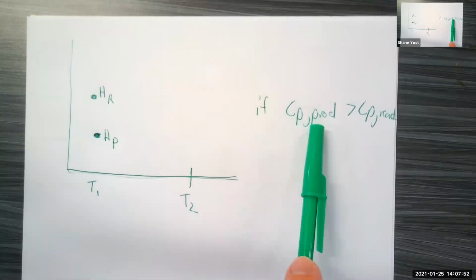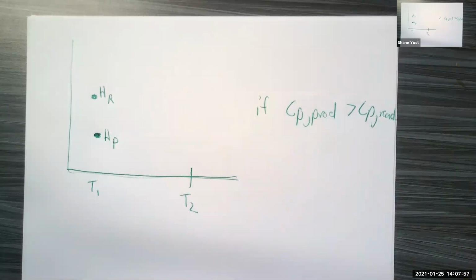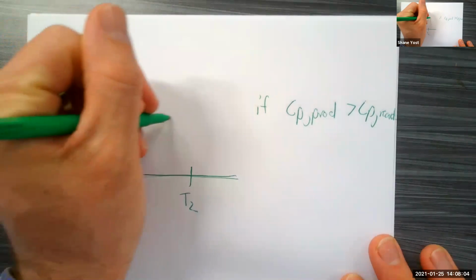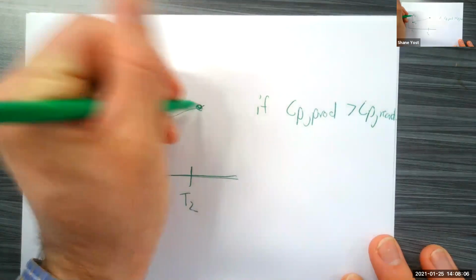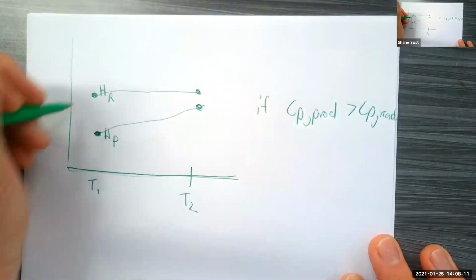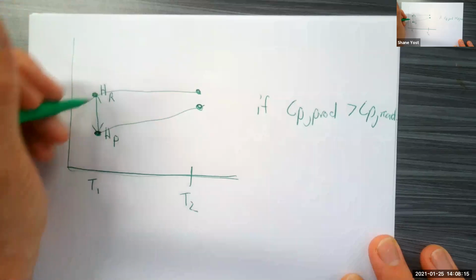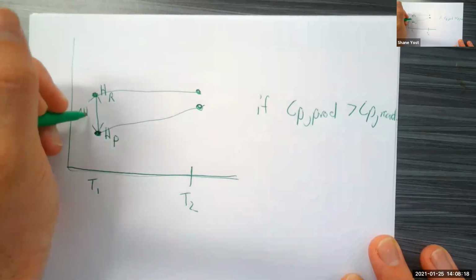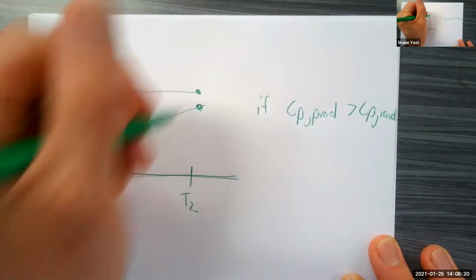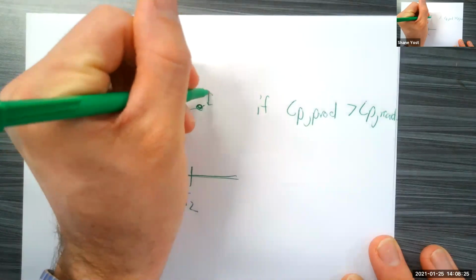Well, Cp of the products being greater than Cp of the reactants is telling me it takes more heat to increase the temperature of those products than it does for the reactants. So basically, this increases by some amount, and then this guy increases by less. And again, what we're interested in is the difference in enthalpy of the products minus the reactants. That's the delta H of the reaction, okay? And in this case, the delta H of that reaction,